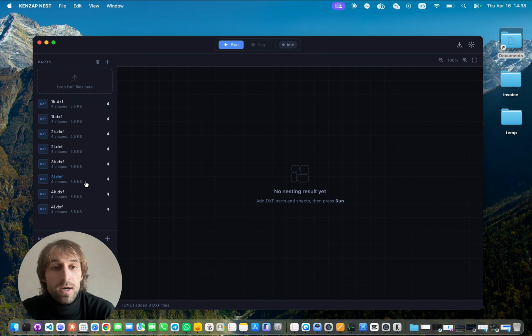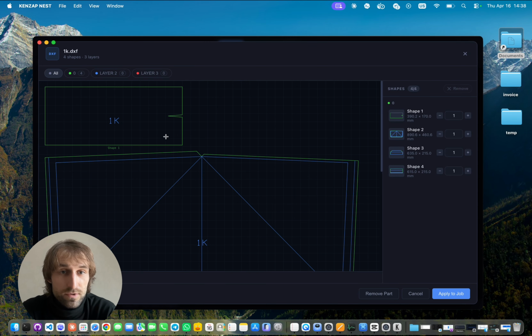I am opening Kenzap nesting app. Next, I'm opening my downloads folder where I have some DXF files I want to use for placement. So I'm simply drag and dropping them here. I'm closing my folder. Now, when I'm clicking on this first DXF file, you can see it managed to identify